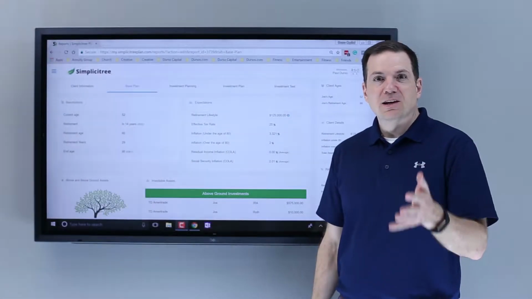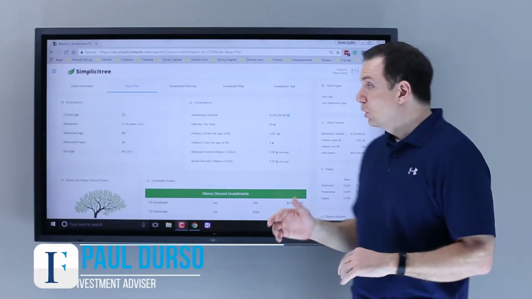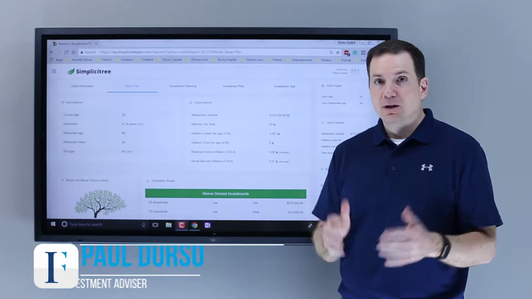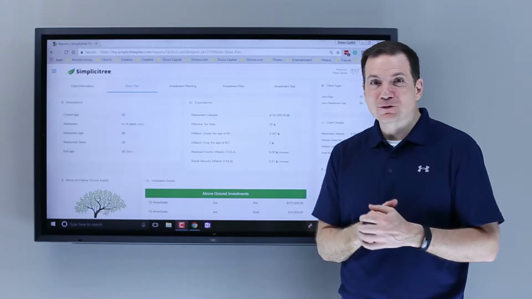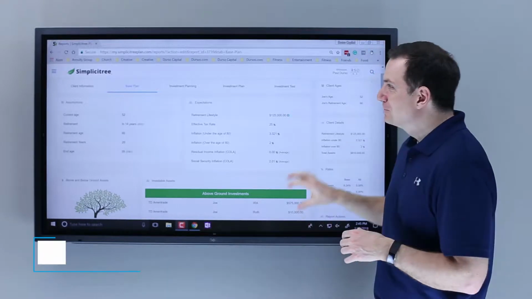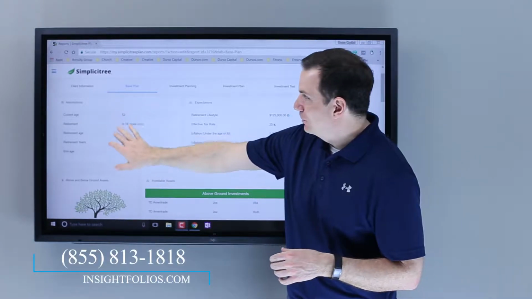Paul Durso here again, and what I want to do today is go over a LIRP illustration using Simplicitree. This is specifically for your study group members out there, and what I want to do is use an example